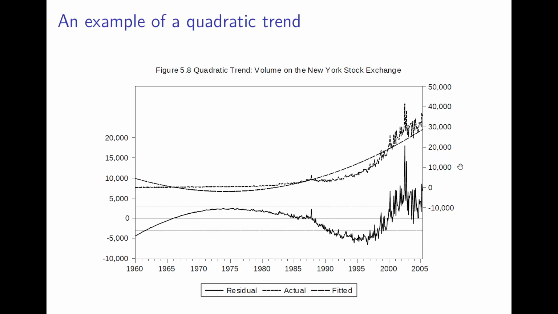And by the end of the sample, the residuals are positive. So I don't have a lot of faith that this model is going to give me an unbiased prediction of what will happen in 2006 or 2007 or so on. So